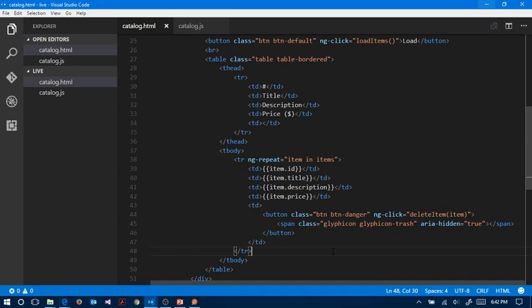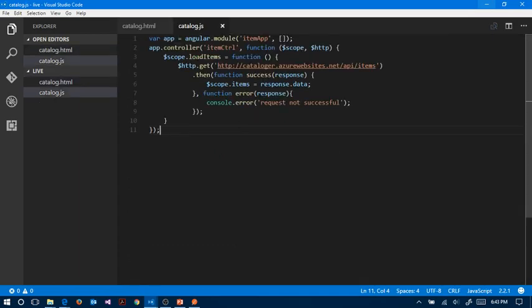So we have a table, a row for each item, and a button to allow us to delete specific items. So again, we're going to define the delete function on the scope, and that function should take a parameter, which is an item to delete. So if you go back, does everyone have this down? If we go back to catalog.js, just like we defined the load items function, we need to define a delete item function. So below this one,